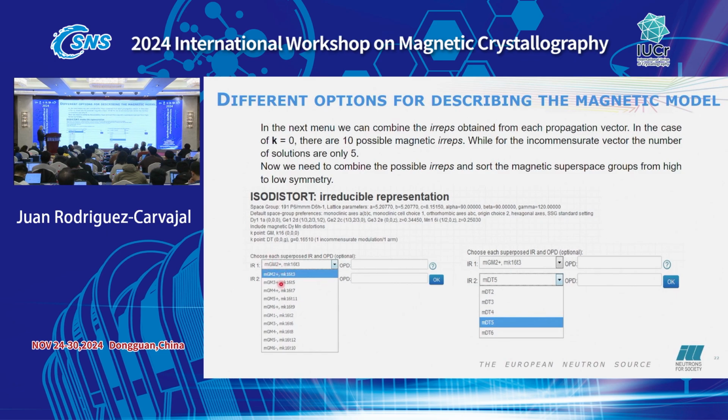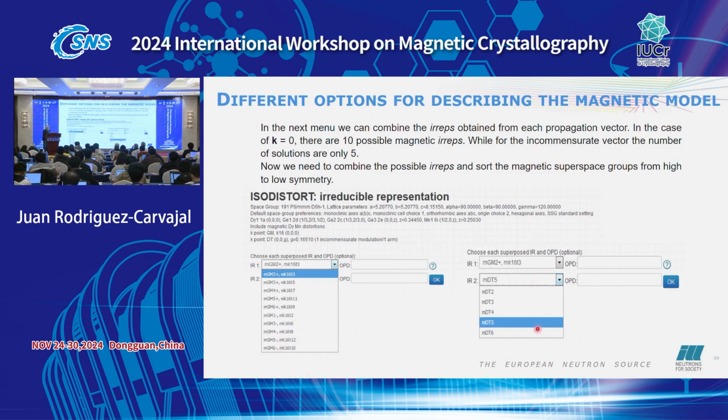Here, in this case, it is complicated because you have many possibilities. You start to work with each one, and once you have this, you have the possibility of two superimposed irreducible representations. In that case, in fact, you have two propagation vectors that correspond to GM. The gamma point is k equals 0, and this is k different from 0.